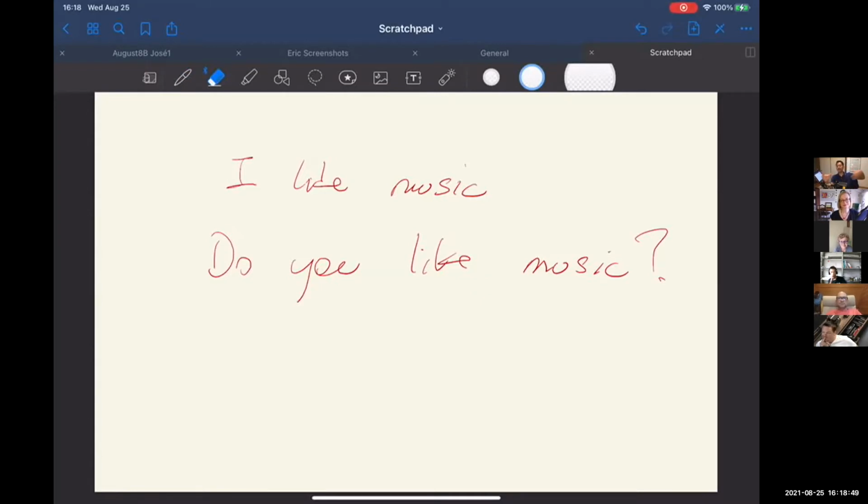So once you get these kids to get over that, and they start feeling a little bit less inhibited, then you say, now let's repeat that. Okay, Susan, I'm going to be using you all the way through this. Okay, so we double up. And again, you start stressing the whole idea about putting a different intonation, putting a different stress on certain words, okay? I like music. I like music. Do you like music? I like music. I like music. Do you like music? So they're all starting to have fun here.